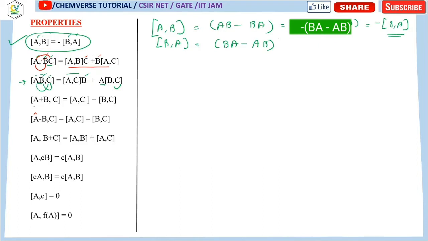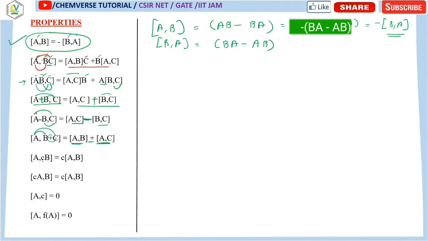Similarly you can write this expression in this way. So A plus B commuted with C, then you can see that it is [A, C], in between there is plus, so there will be a plus sign, and then [B, C]. If there is a negative sign, then also you can see that it is [A, C], then there is a negative sign, so just show the negative sign, and then [B, C]. Over here, first take the [A, B] commutator, then there will be a positive sign, and then [A, C].